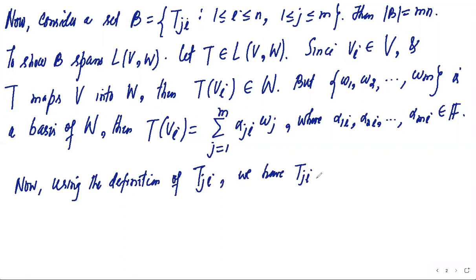We have defined T_j i of v_i is equal to w_j and T_j i of v_k is equal to 0 for all k not equal to i. इस तरह से हमने मैपिंग T_j i डिफाइन की थी. So thus, तो अब यहाँ पे हम अगले पेज पे हम लिखते हैं ये. So thus we have